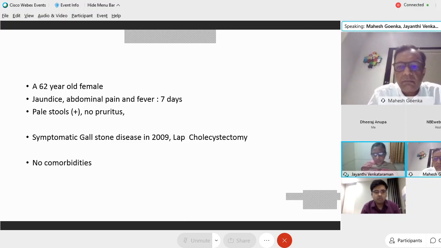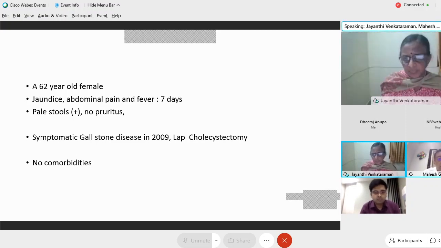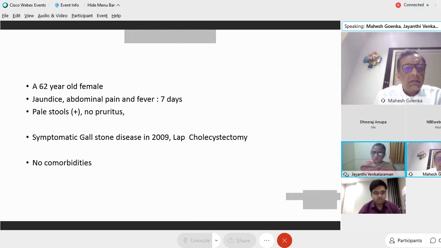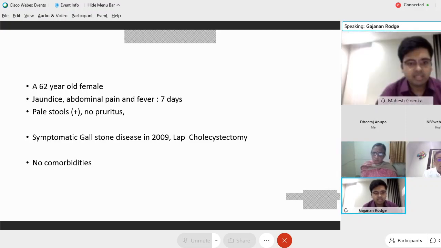A 62-year-old lady with jaundice, abdominal pain, and fever for 7 days. Pale stools, no pruritus. Symptomatic gallstone disease in 2009, had a lap cholecystectomy, no comorbidities. What is your provisional diagnosis? This came to us in the outpatient clinic. What's your differential? Cholestatic jaundice is there as there are pale stools, and since there is a history,